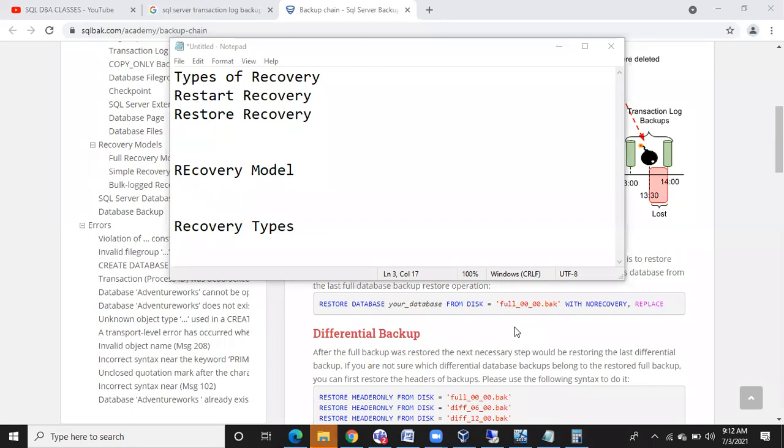Got it? Only if the log backups are generated do LSN numbers come. If the server is down or the database is down, it won't take the log backups at all. There is no question of generating LSN numbers here. Clear? Yes, sir. So in case your database or server is down, it won't take the log backups, so LSN mismatch will not come. Any other questions?